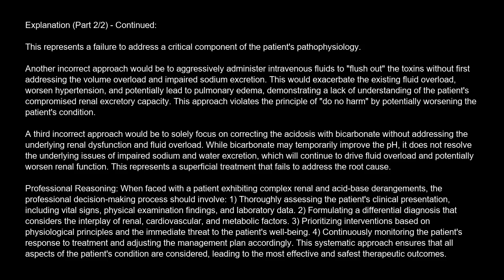Professional reasoning. When faced with a patient exhibiting complex renal and acid-base derangements, the professional decision-making process should involve 1. Thoroughly assessing the patient's clinical presentation, including vital signs, physical examination findings, and laboratory data. 2. Formulating a differential diagnosis that considers the interplay of renal, cardiovascular, and metabolic factors. 3. Prioritizing interventions based on physiological principles and the immediate threat to the patient's well-being. 4. Continuously monitoring the patient's response to treatment and adjusting the management plan accordingly. This systematic approach ensures that all aspects of the patient's condition are considered, leading to the most effective and safest